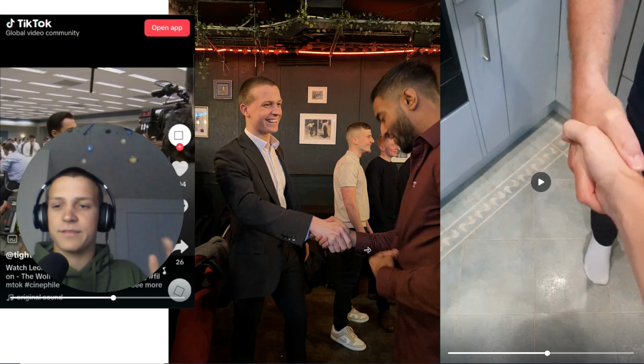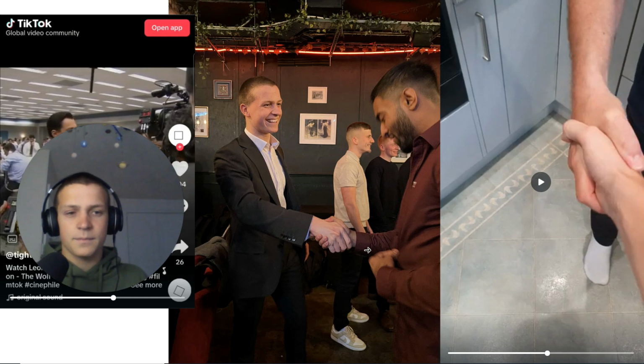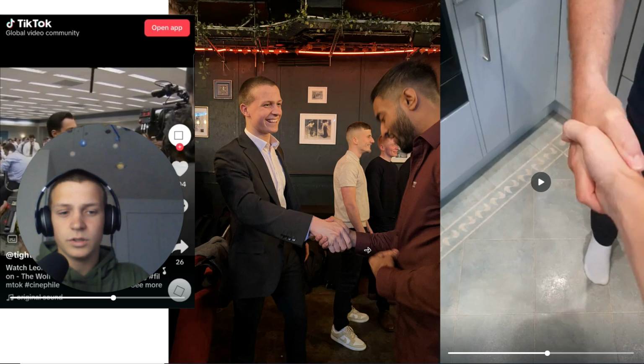The reason for that is because you don't want your hand to be super floppy, and then it's just a poor grip and it feels weird, and the person kind of loses respect for you. I'll be honest, if I have a handshake with you and your hand is super floppy, it's all a bit weird, right? So you don't want your hand being super floppy, but at the same time you don't want to squeeze too hard. In general,